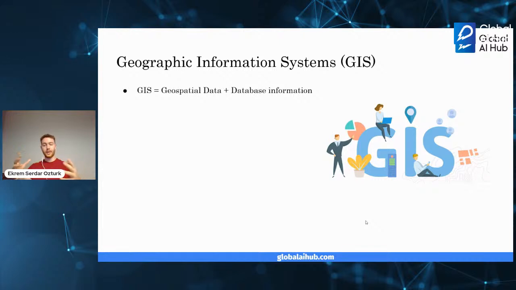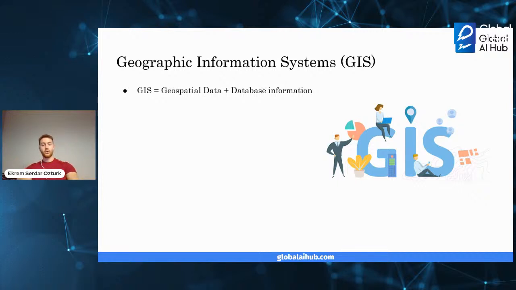Simply, GIS helps users understand patterns, relationships, and geographic context. The benefits of GIS include improving communication and efficiency, as well as better management and decision making. And then we have well-known GIS applications such as QGIS and ArcGIS.